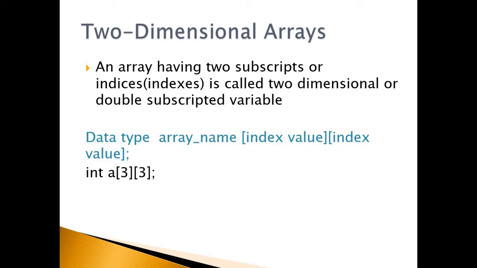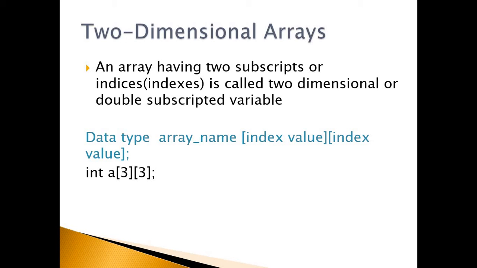Hello students, the topic for today's online class is two-dimensional arrays. A two-dimensional array has two subscripts or indices. It is also called a double subscripted variable. These are used when we are representing information in tabular format, that is, in the form of rows and